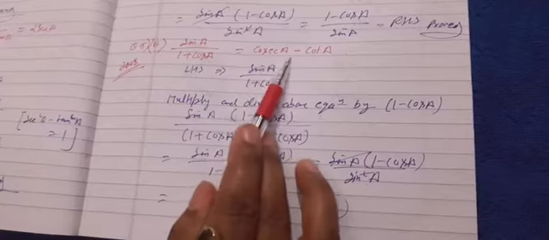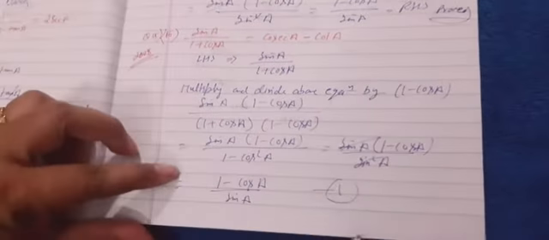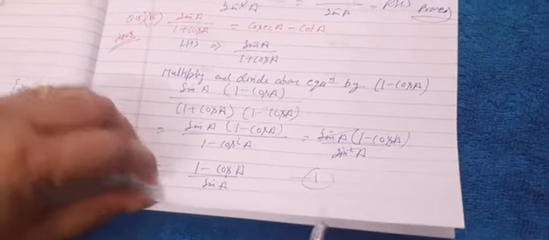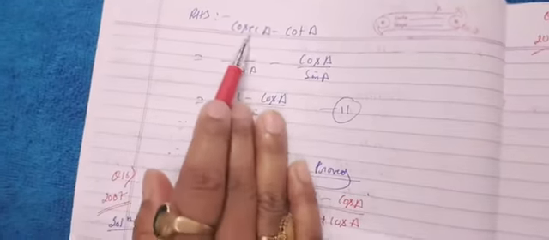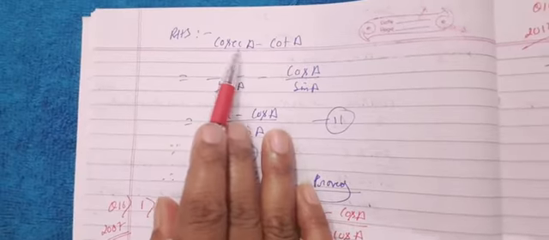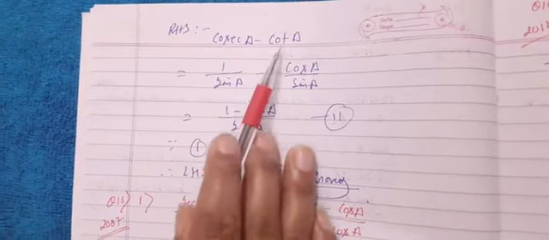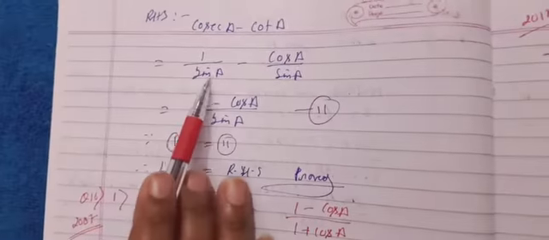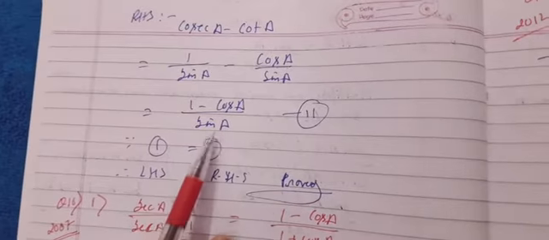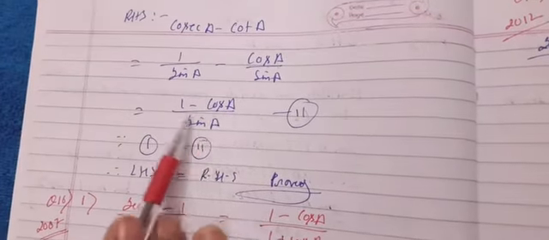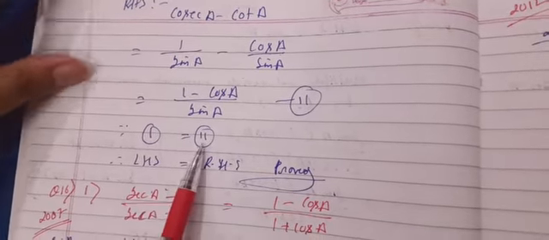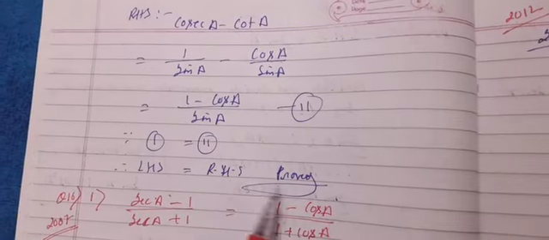Now I am going to start with cosec A minus cot A, and we will try to bring this RHS to this one, so that we can say it is proved that both are equal. So RHS cosec A minus cot A: instead of writing cosec A I have written 1 by sin A minus cos A upon sin A, because cot A is equal to cos A upon sin A. Now the LCM is sin A, and here is 1 minus cos A, so I have written, and that was equation 1. So equation 1 and equation 2 both are equal, therefore LHS is equal to RHS, proved.